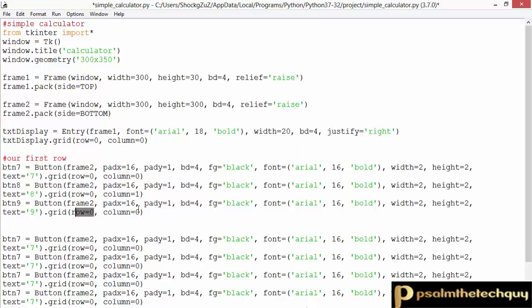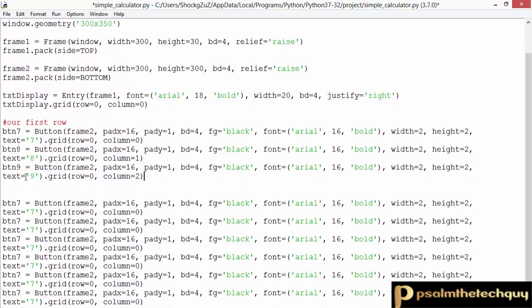Also on the first row, and this will be on the third column. So in tkinter, first columns or row usually start from 0. So this is the first column, the second column, and the third column. So I'm going to scroll down and then create